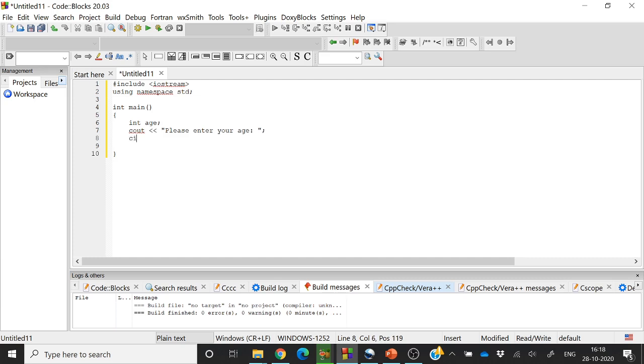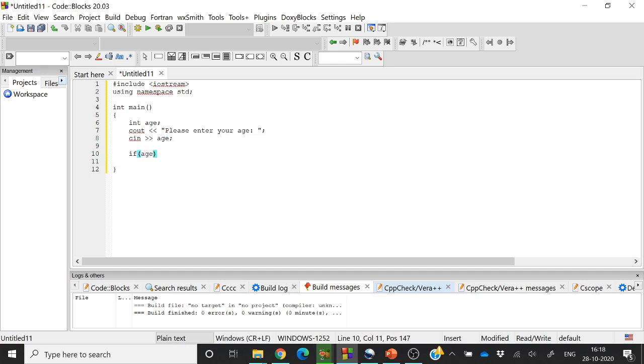The value entered at the keyboard can be read using the cin, and cin will store the value in the variable age. Now we have got the value of age. We can use the if statement.